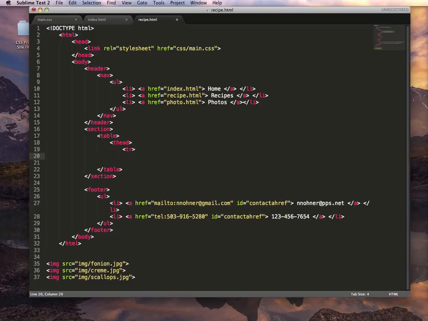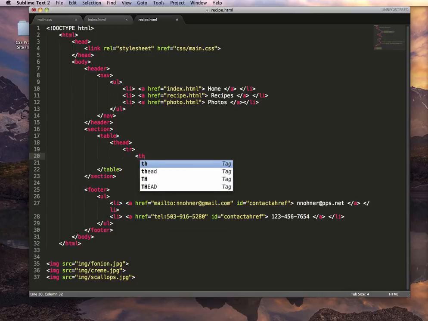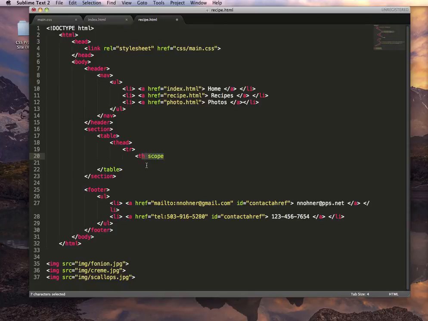So now I want to make some columns. So I'm going to put a TH tag, and that means table head. There's another way to do this with a TD, which I don't really know what the D stands for. That will also make a column. The reason why I want to use this is because there's lots of